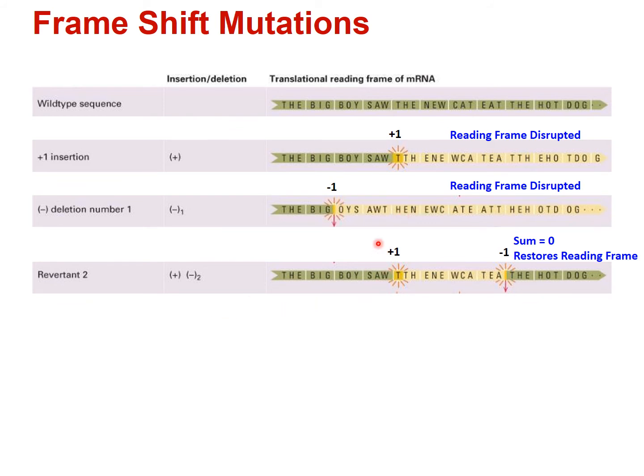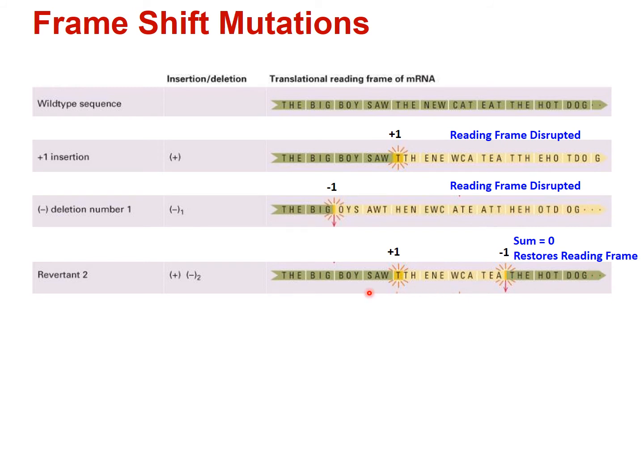However, if one gets inserted and then another one later on gets deleted, the net sum of this is 0. And you can see that the reading frame is intact up until the first mutation. Then it gets a little wonky. There's a different sequence here. And then there's another deletion that compensates for this addition, a subtraction of 1 nucleotide, and the reading frame gets